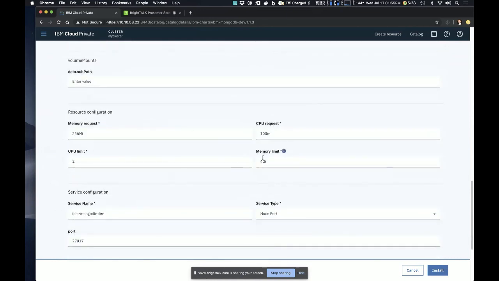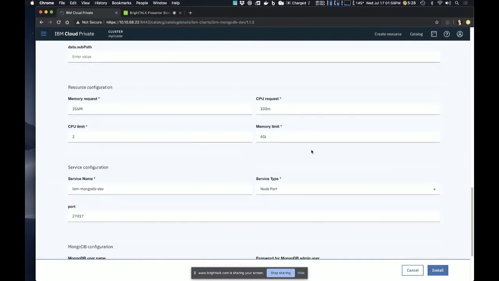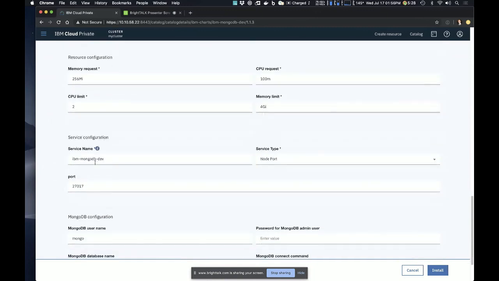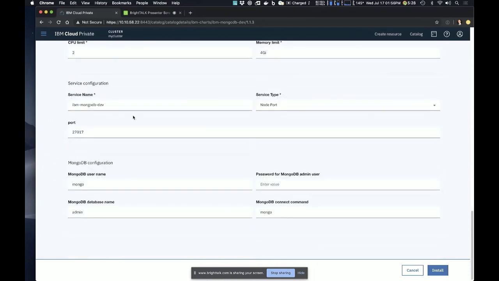And some other thing with Kubernetes, you can set resource limits. So I say you can't use more than 256 megs of memory. You can't use more than 100 CPUs with limits here. And as I mentioned, being a package manager, it's going to create a service that maps, so I can access this container externally.